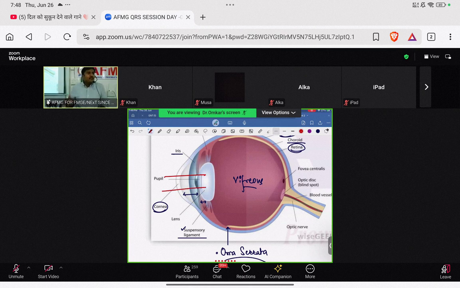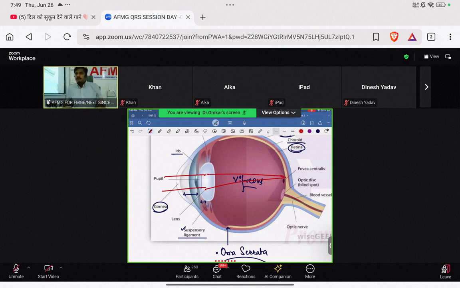हमें पता है the rays of light have to enter inside the eyeball so that these rays of light are going to fall on the retina. Now when the rays of light fall on the retina beta, that leads to formation of image. जब तक the rays of light are not going to fall on the retina, the image formation cannot happen beta. Clear है यहाँ तक बात? इसीलिए both the structures should be transparent.